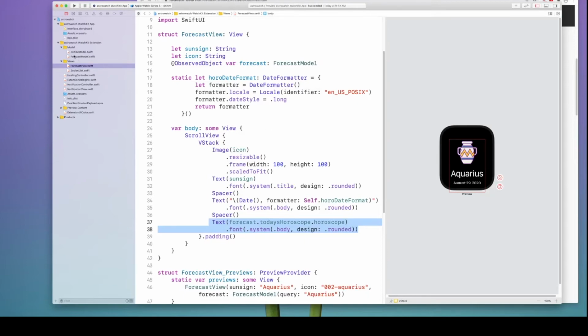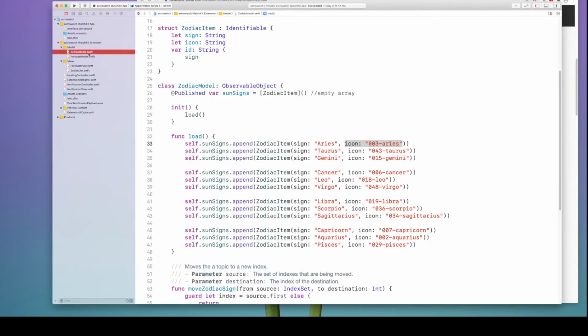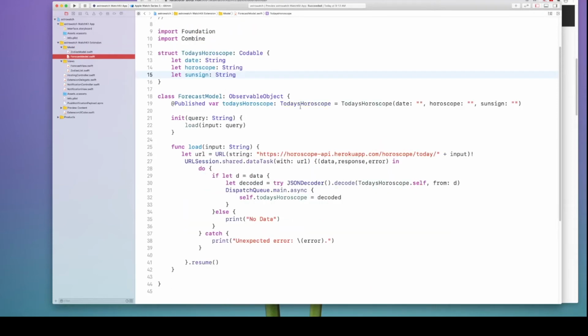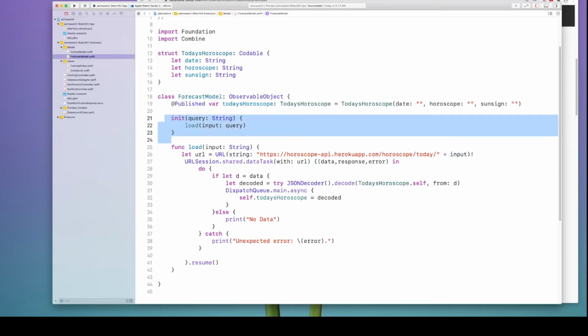Coming back to the zodiac model. Now, in the forecast model, I'm calling this API to get the forecast for that sun sign. The input here is the sun sign. If you can see here, I'm calling this from the init, and init is taking a query as a parameter.